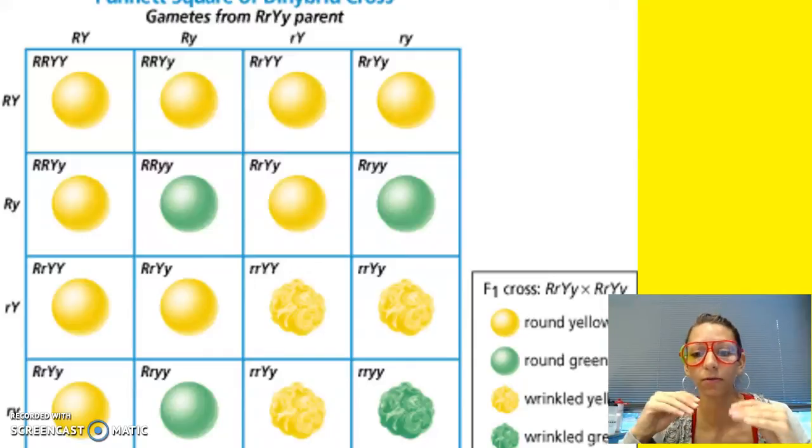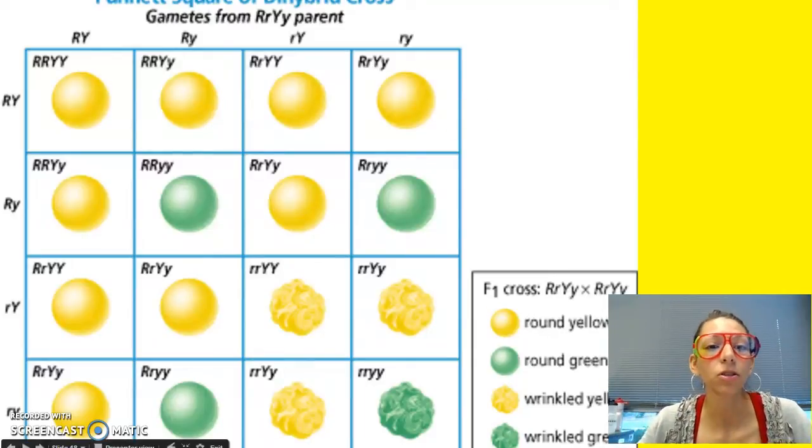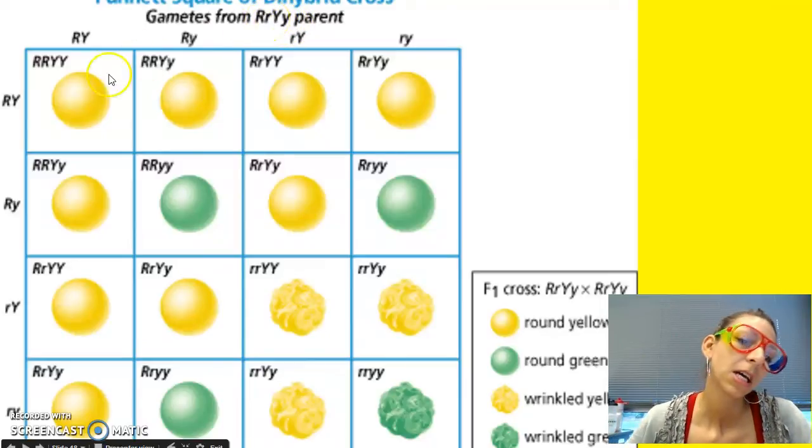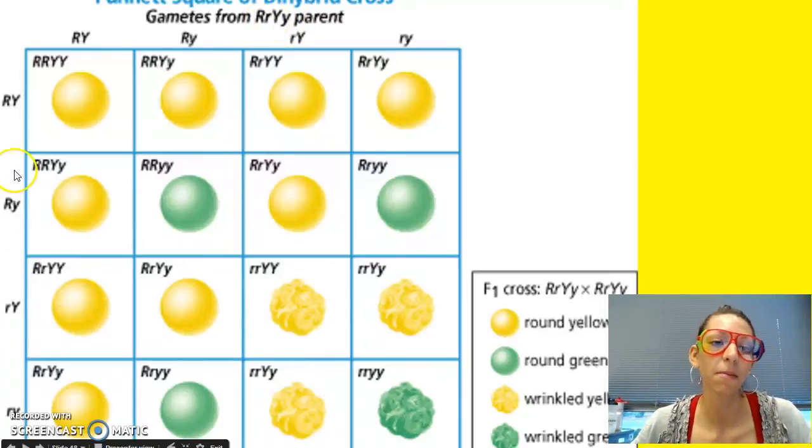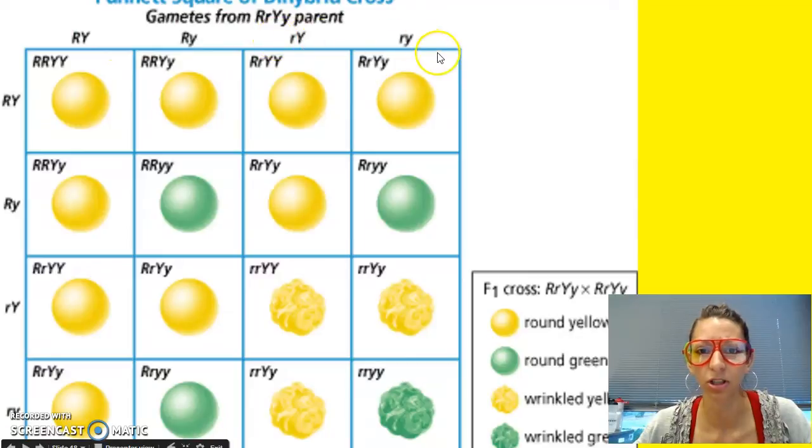And we're going to get 4 different types of gametes here. So if we have a parent whose genotype for 2 different traits is big R, little r, and big Y, little y, these are 2 heterozygotes or 2 hybrids. And then we have the other parent with the same genotype. What we'll do is put all the different possible combinations of the gametes on the top, as well as the combinations of the gametes on the sides, and then we'll combine them all